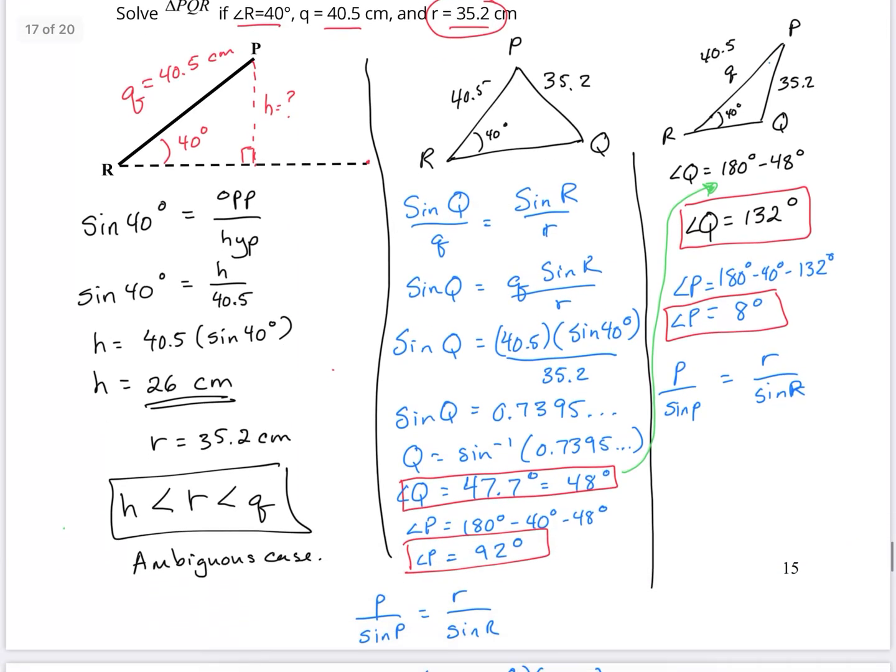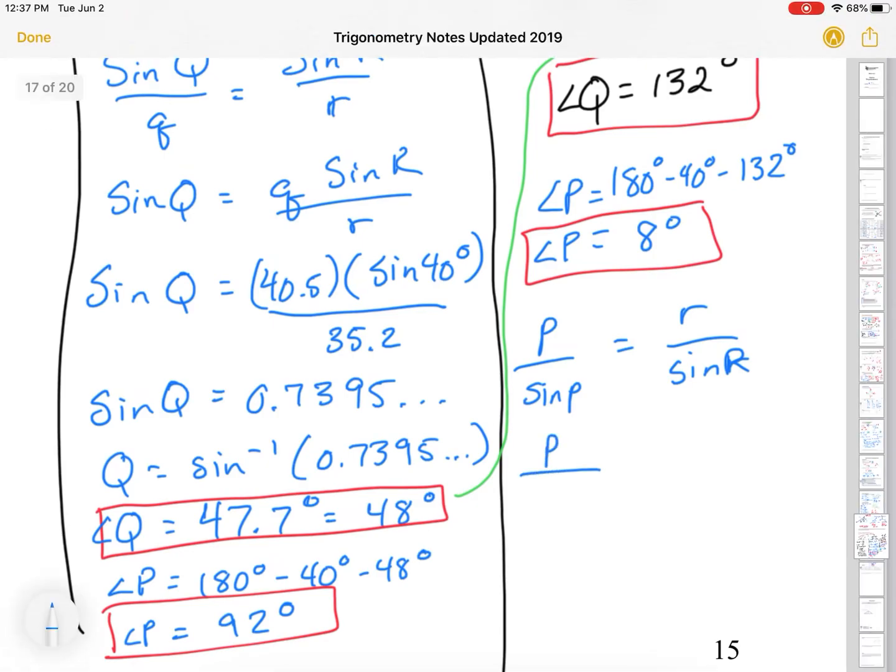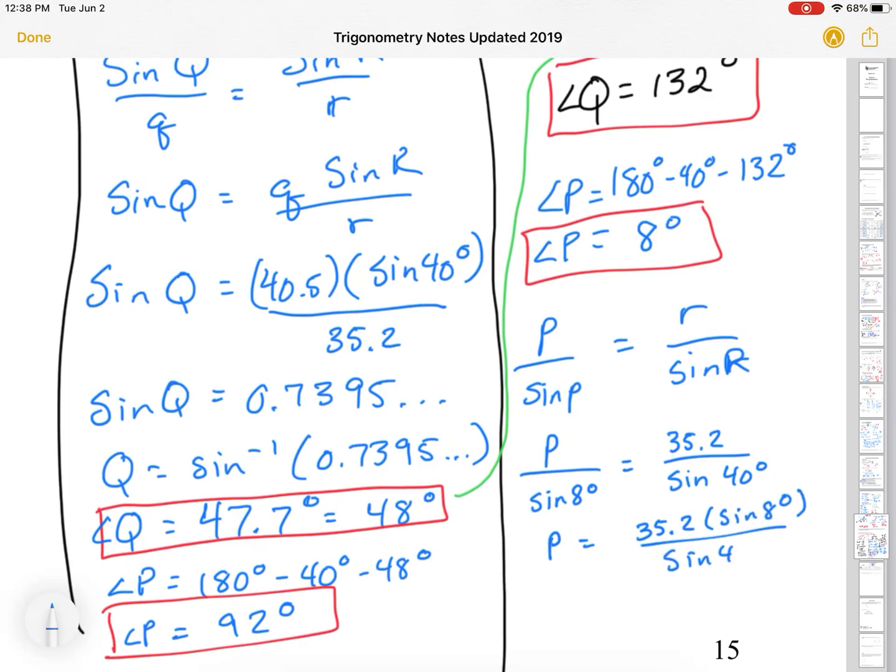It's always best to go back to your original information. Substituting in here, p over sine 8 degrees equals 35.2 over sine 40. So p is equal to 35.2 times sine of 8 degrees over sine of 40 degrees. And p will be equal to